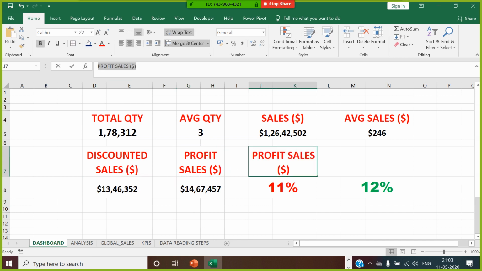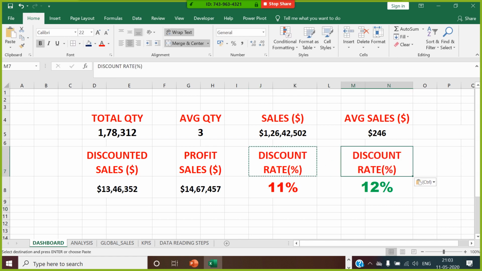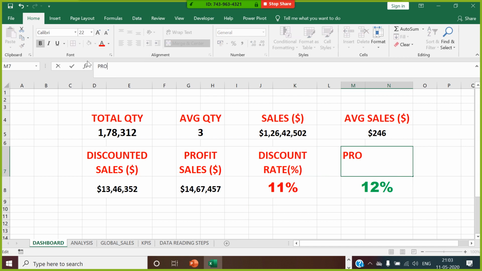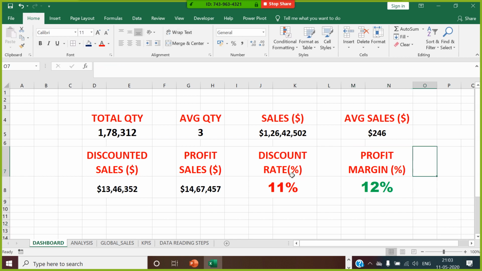This is called discount rate in percentage. This is called profit margin in a percentage. Okay, guys. So this is how we have created our data.